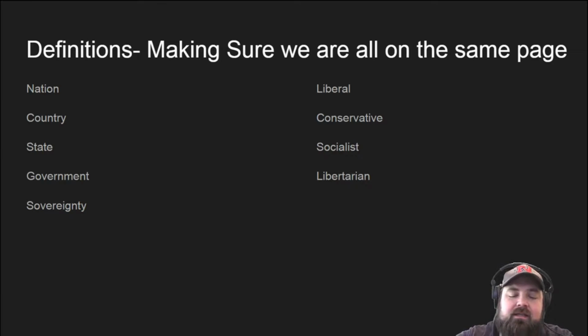Now, because of the quirks of American history, again, that term liberal that we've been throwing around might actually be a little bit closer to the way that we actually use conservative here in America, but we're going to get to that in a second. So conservative is to conserve. So conservatism in the international sense is a political philosophy all about maintaining tradition, maintaining traditional social orders and power arrangements. So in most cases, conservatives will be pro-monarchy or kind of pro-traditionalism.